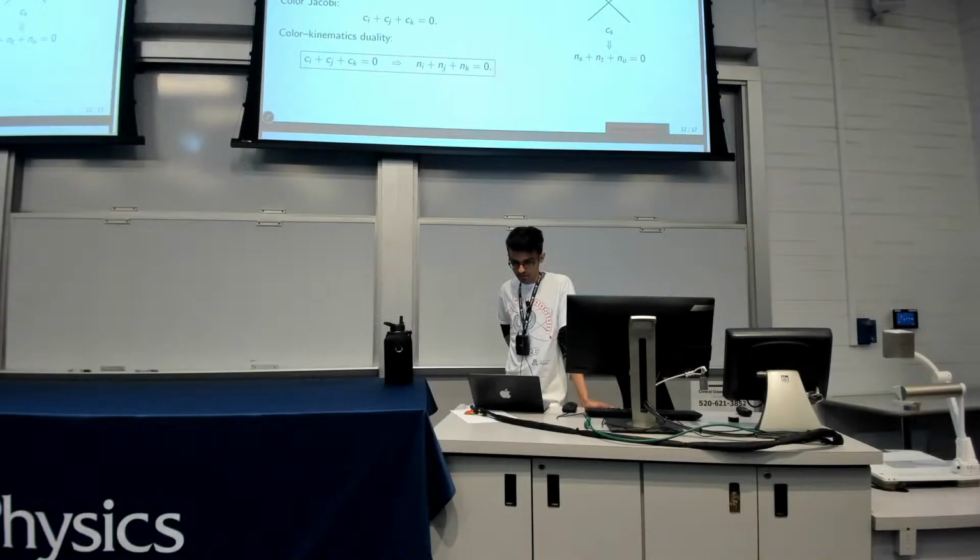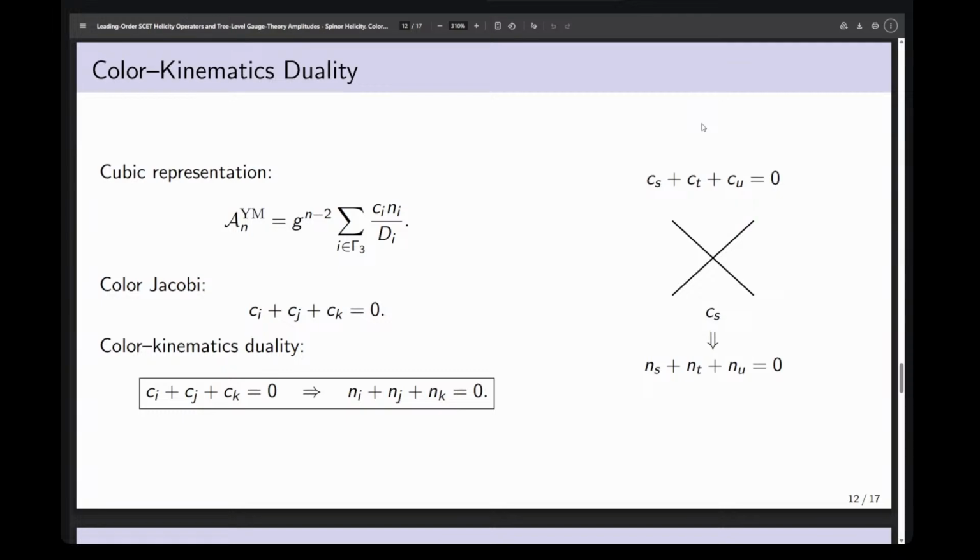So they can be the algebra structure constants of SU(3). The remarkable discovery is that the kinematic numerators can be chosen to satisfy identical algebraic relations. This is called color-kinematics duality. Physically, it suggests that space-time kinematics secretly obeys an algebraic structure analogous to gauge symmetry itself. The symbol n_s,